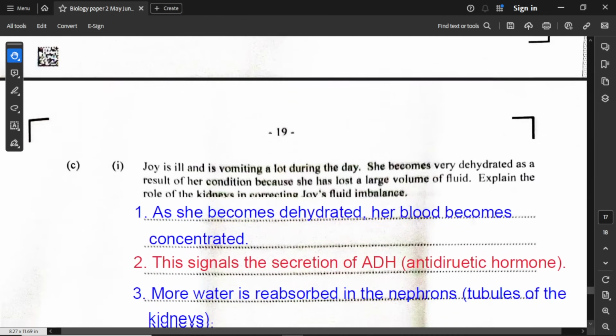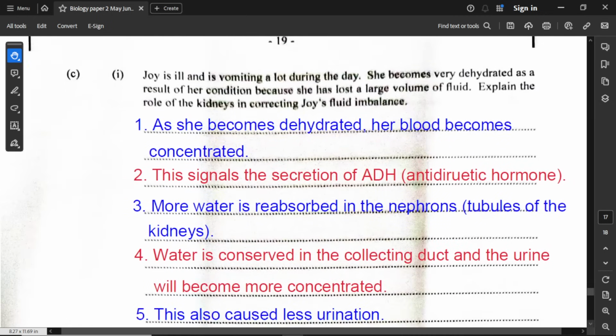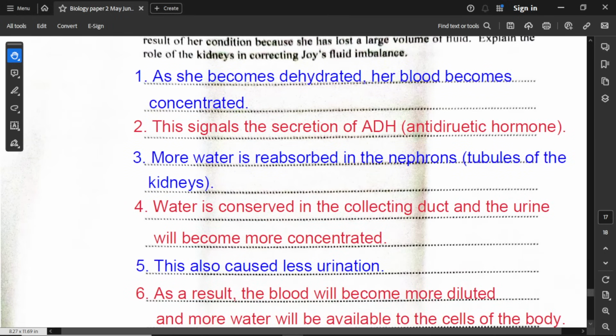All right. And so for part C, Joy is ill and is vomiting a lot during the day. She becomes very dehydrated as a result of her condition because she has lost a large volume of fluid. Explain the role of the kidneys in correcting Joy's fluid imbalance. A first point to note is that as she becomes dehydrated, her blood becomes concentrated, which means less water, not dilute, but concentrated with every other substance except water, because water is a large part